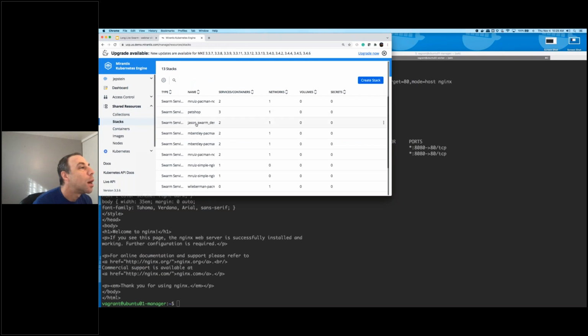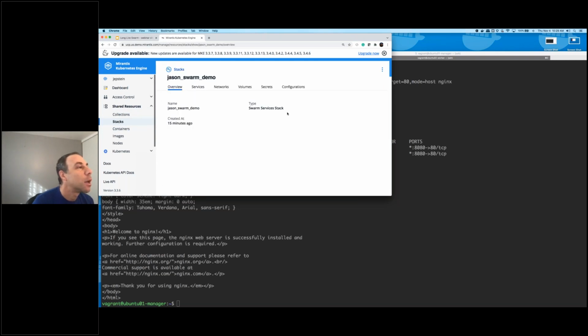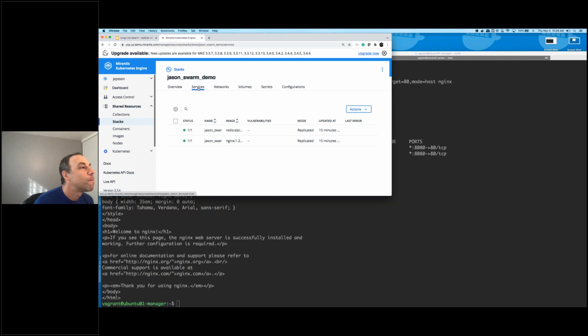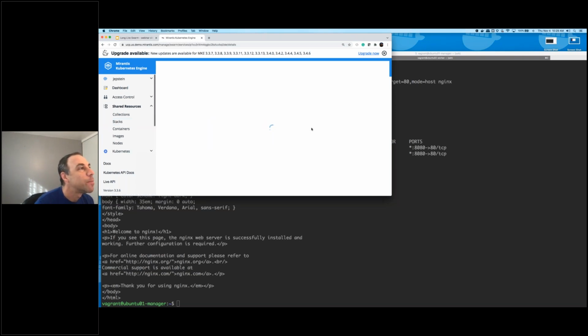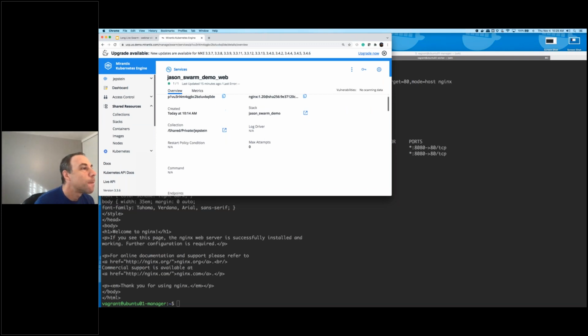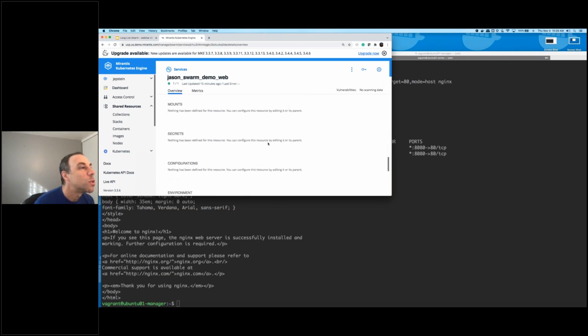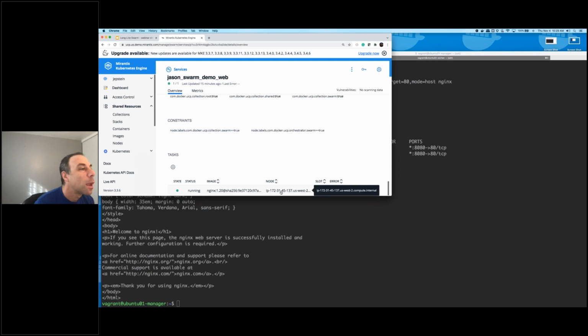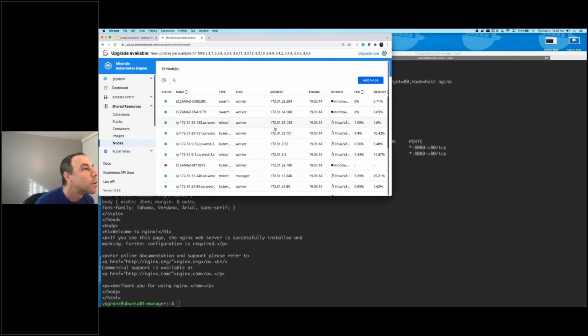Okay, and as we saw, this is the stack that I deployed just a minute ago. And let's first pick on Nginx for a second. If I click on this service, I can scroll down and look at what node it's running on, and I want you to note that it is running on 172.31.45.137. And that's a Swarm node. Okay. So now if I go to my nodes and find that,